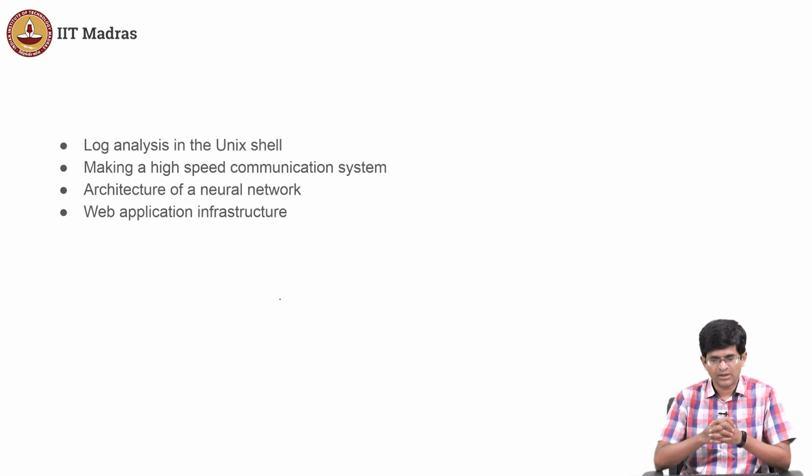Okay, and what I am going to do over here is take a couple of examples of what common neural networks look like, show you once again why they also end up having similar properties to what the other things that we have considered before, and finally app dev has to come in somewhere, right. I mean, after all, I taught that course. So, I will also look at a little bit at the overall infrastructure of a web application, and from the same point of view.